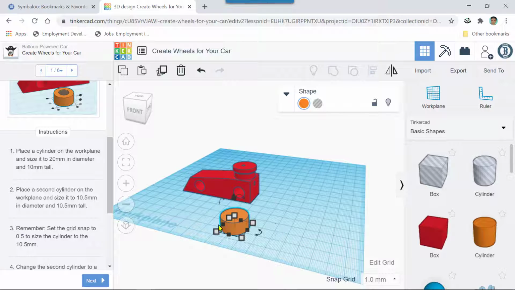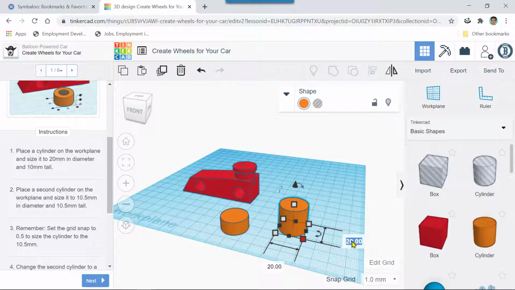All right. And it says set your snap grid to 0.5 to size the cylinder, and place a second cylinder in the work plane. Place a second cylinder and size it to 10.5 all the way around. So it's going to be 10.5